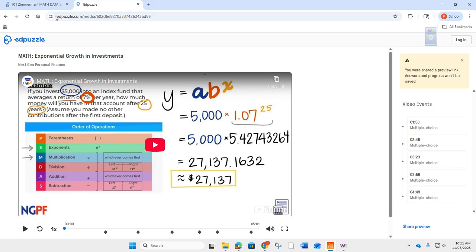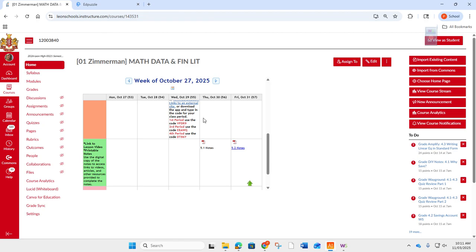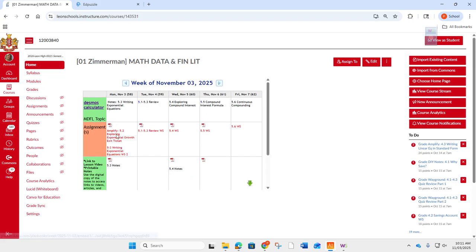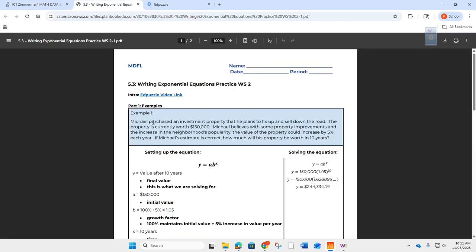Any questions? So the digital copy of the notes is where you can get that link. Right. I'm sorry, the digital copy of your worksheet right here is where you can get that link. All right? So worksheet and